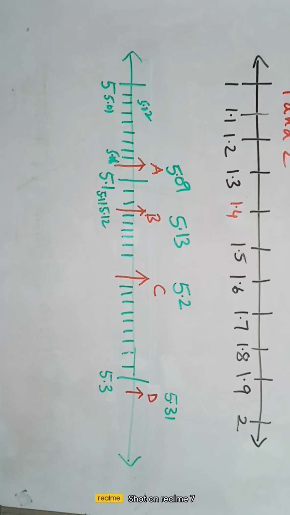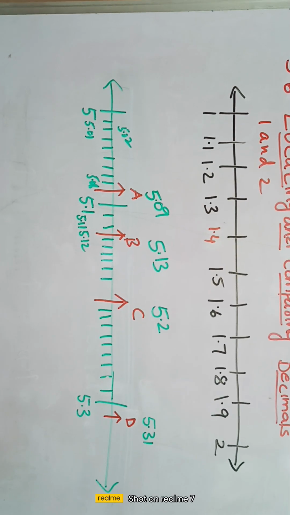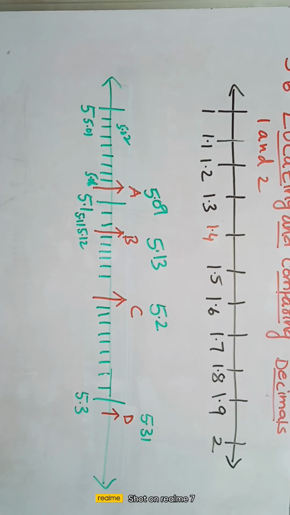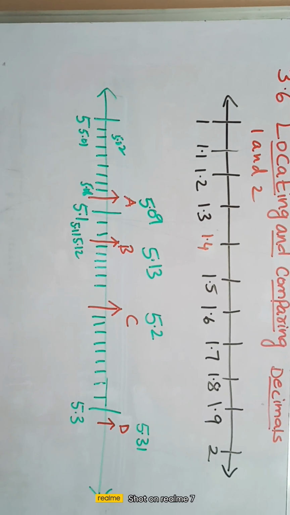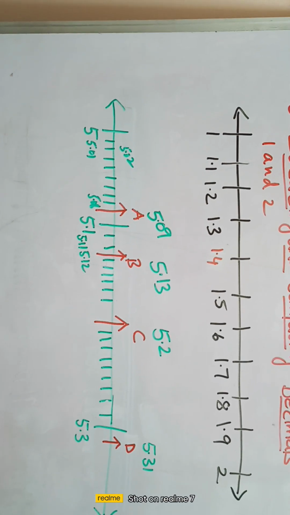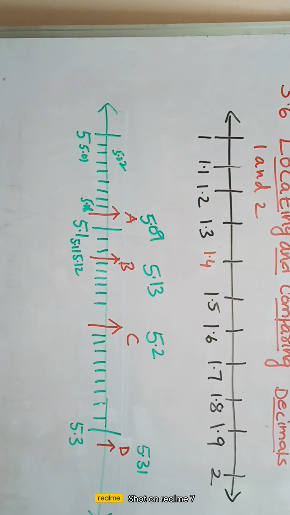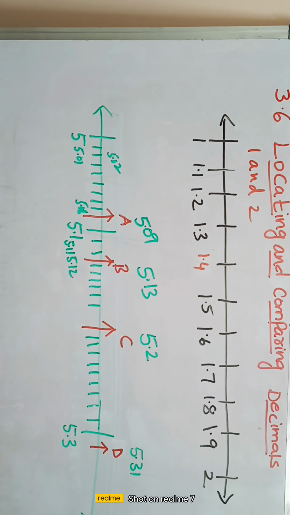Here 5 is given on the number line, next 5.1, 5.2, 5.3, like that. In between, A is marked. Between 5 and 5.1 there are divisions: 5.01, 5.02, up